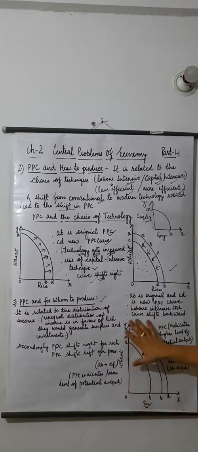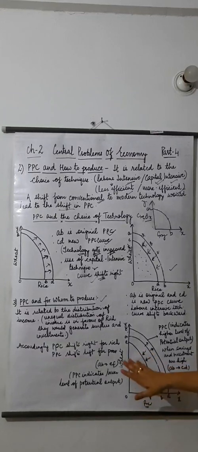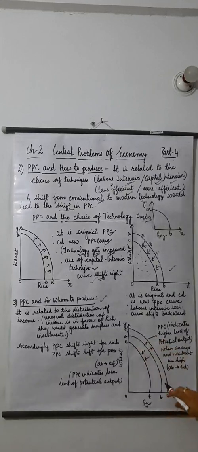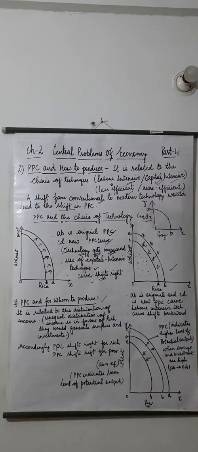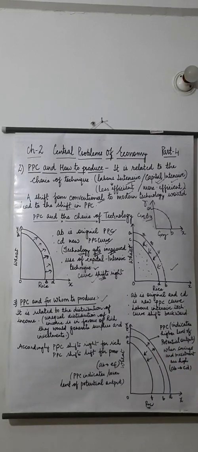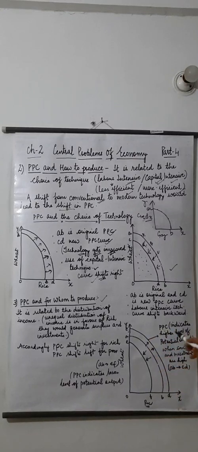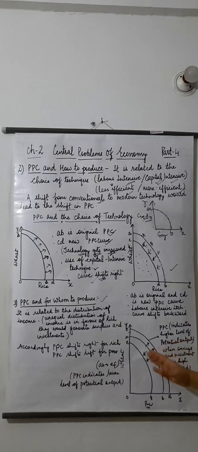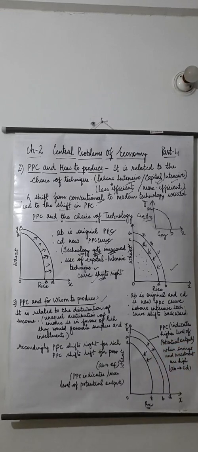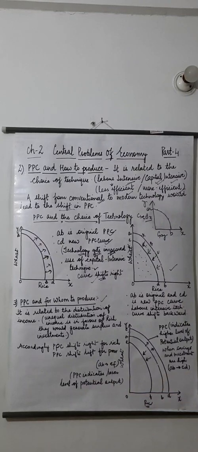See, this is the y-axis and x-axis, and the same products have been taken, that is rice and wheat. AB is the original curve. For the rich, those who have saved and whose investments are high, the curve will shift towards CD because it indicates a higher level of potential output, and the backward shift will definitely indicate that the level of potential output is less for the poorer section.